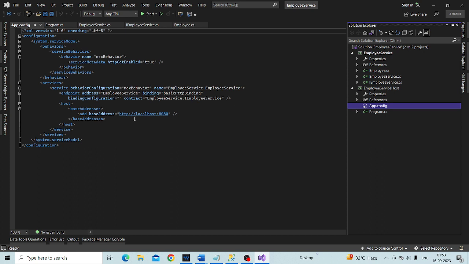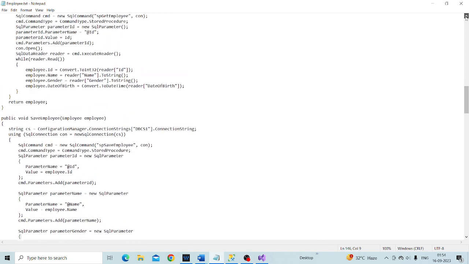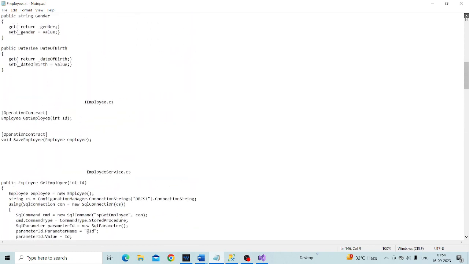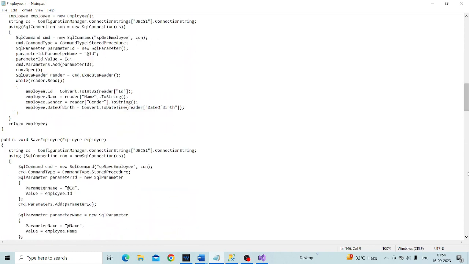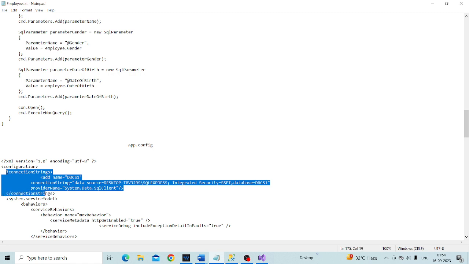Alright, so with all these changes, we should be up and running the service. Before that, let's set this employee service host project as the startup project. One more thing to notice is that we need to add the connection string in the config file also. Where is the config file? Yeah, we need to copy this portion of code